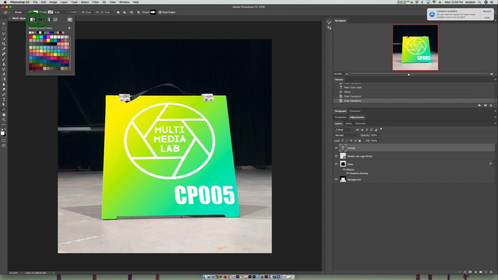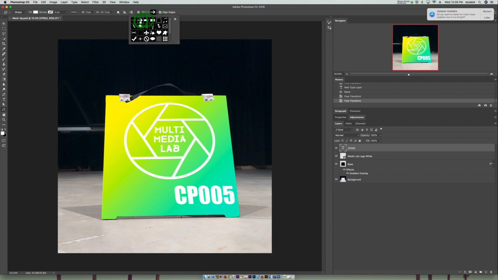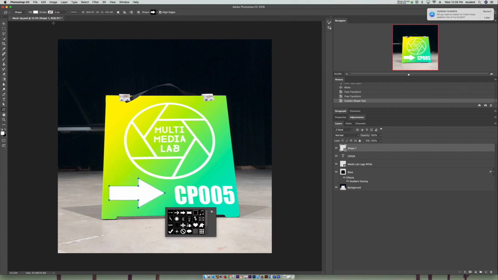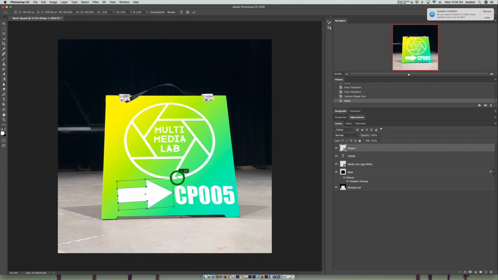Make sure stroke, there's no stroke at all, and we will choose some arrows or other shape we have. But it looks like this thick arrow is good enough for us, and we will create, if you just drag it, you will able to create the arrow. And now what we can do is, since our CP500 is other way, we'll just rotate it,